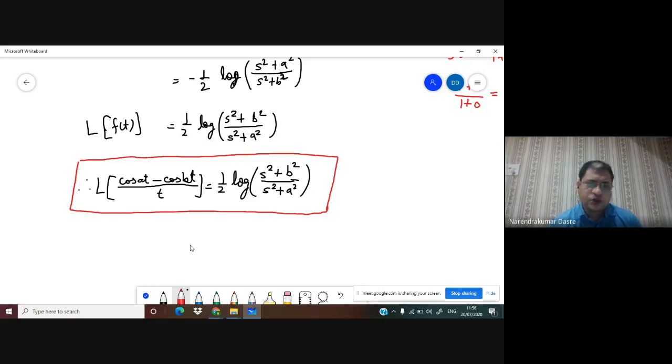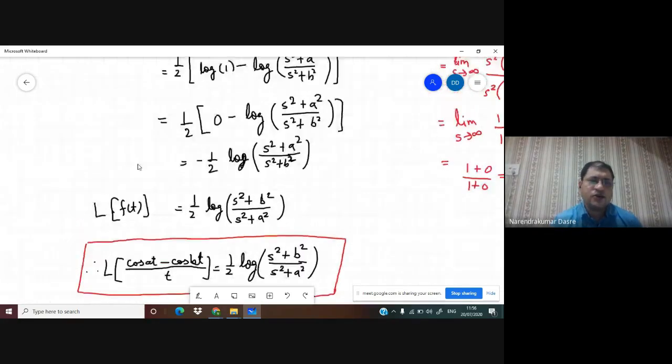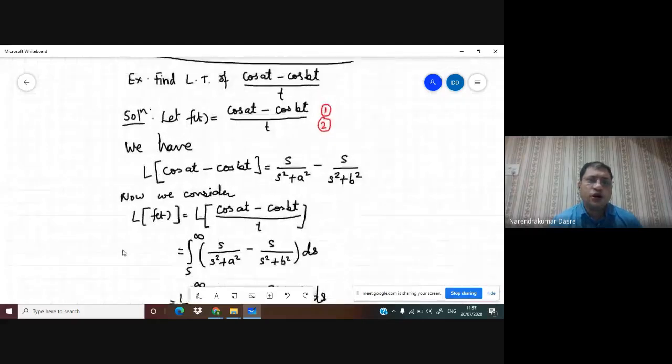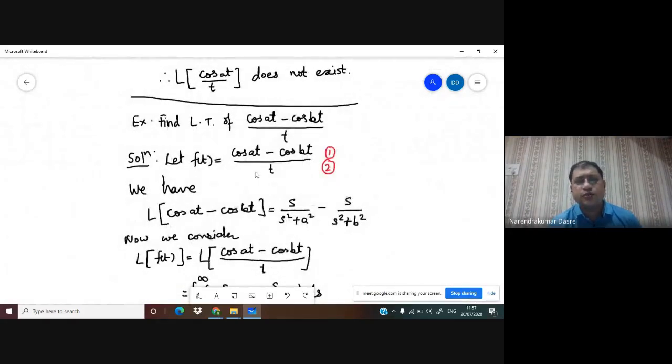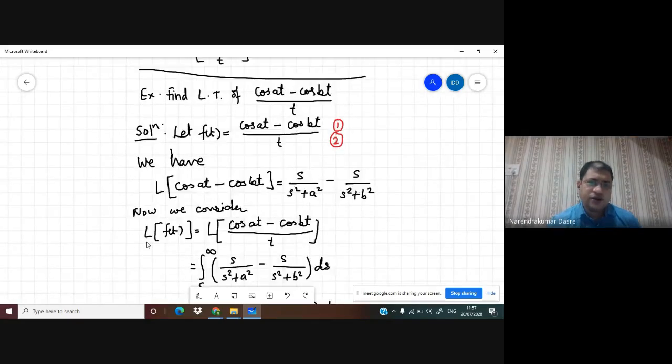And so what is the important thing that you need to understand here? As I told you, do not separate the terms in the numerator. If you would have separated the terms in the numerator here, you would have got the answer that it does not exist. So actually the term which exists, you would reach the claim that it does not exist. Hence the most important thing in this property is that you do not separate the numerator. Treat the numerator as one entire term, and only then are you able to get the correct answer.